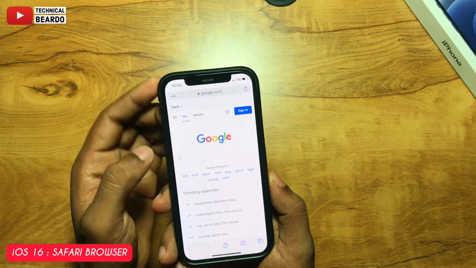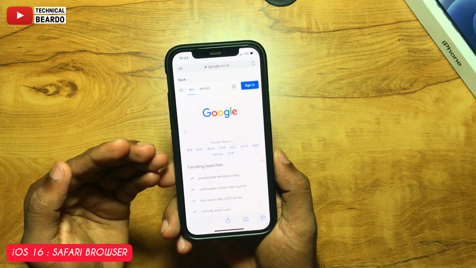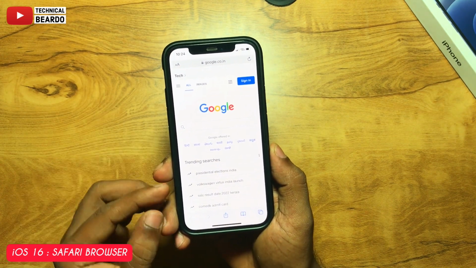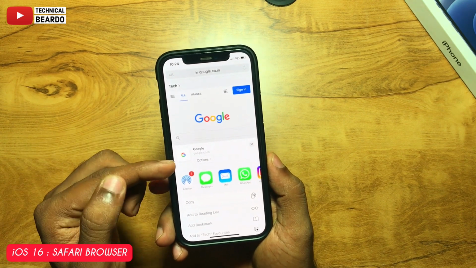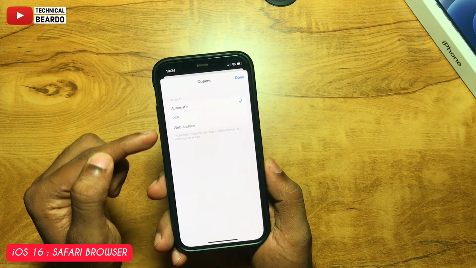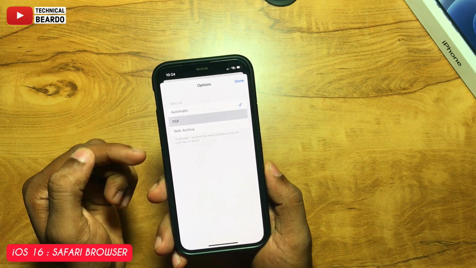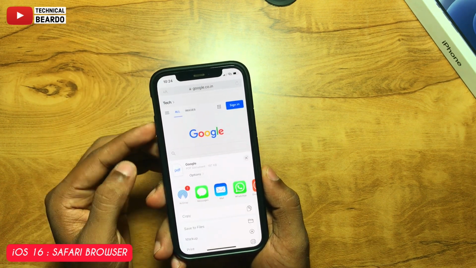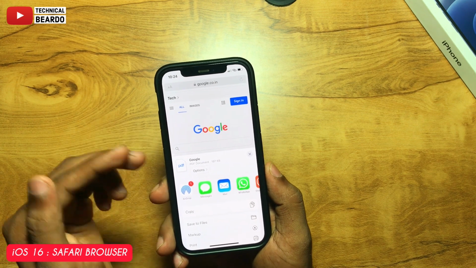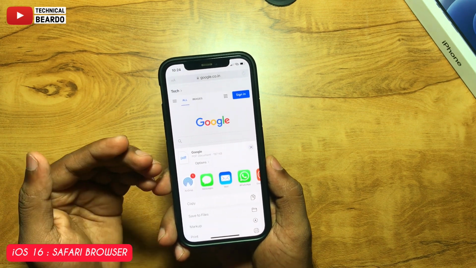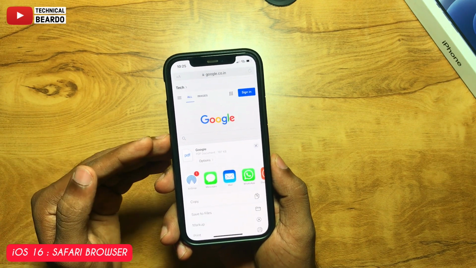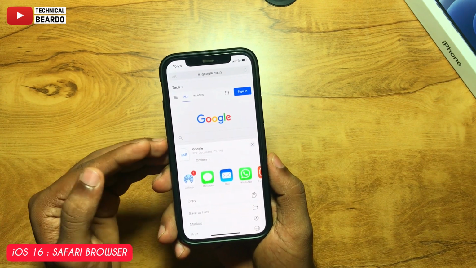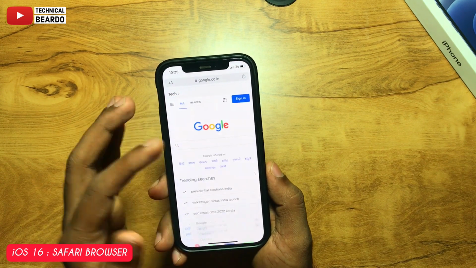Also there are changes made in the sharing option as well. So once you click on share in Safari browser, you get an option to share the page, the link, share the document. But here if you see, there's a new button called options added, and in that you can choose what the file type will be while sharing the document or a bookmark, like PDF, automatic or web archive. So just a UI change made here in the Safari browser in the sharing option. So that was about the Safari browser.